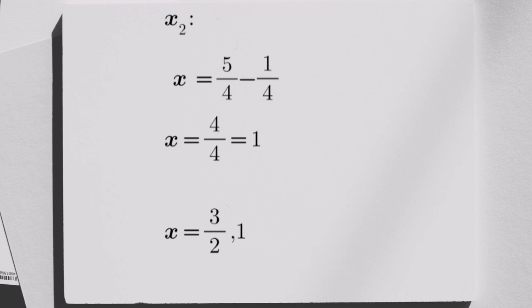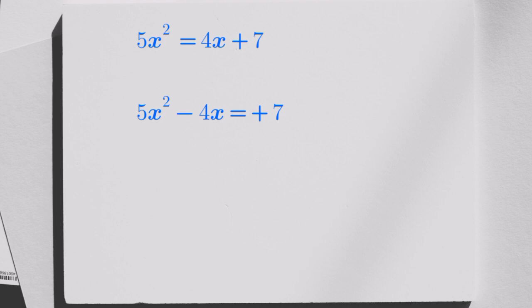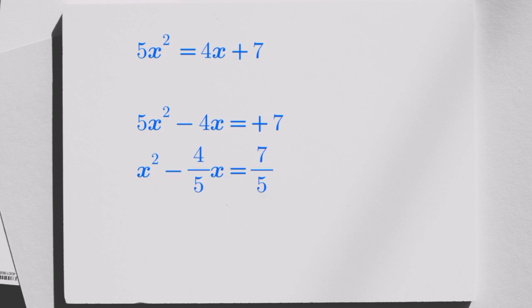We have 5x squared equals 4x plus 7. First of all, we are going to add negative 4x to both sides of the equation. So we have 5x squared minus 4x equals 7, a positive 7. Now, as we said before, using the completing the square method, we are going to divide both sides by the coefficient of x squared. So when we do that, we have x squared minus 4 over 5x equals 7 over